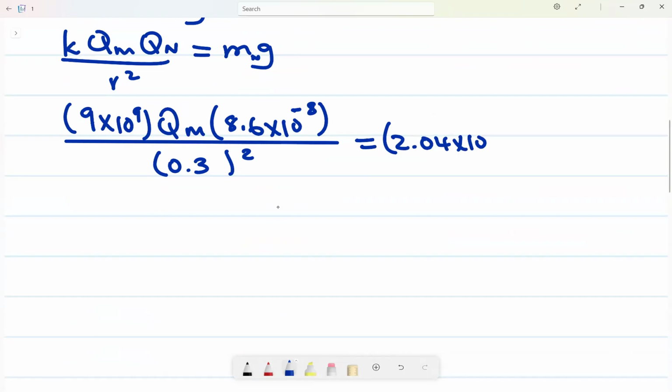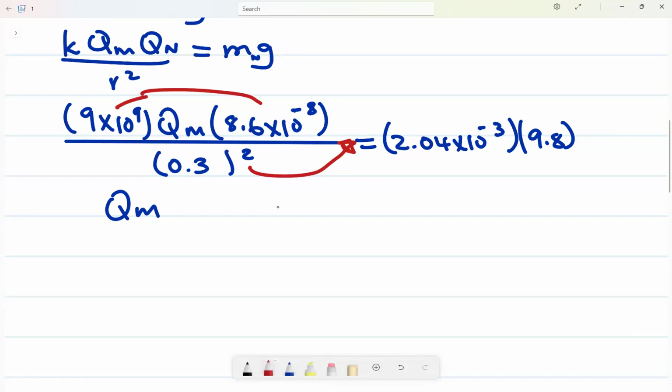2.04 times 10 to the power of negative 3. Therefore, g is 9.8, like that. Then you should be in a position of knowing how to do your mathematics. What I'd advise you to do, take this one and multiply it to the other side, then divide by these two. Divide by these two. So on your calculator, I'm going to say